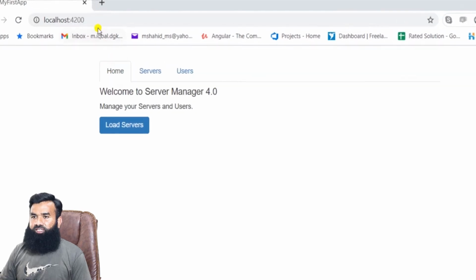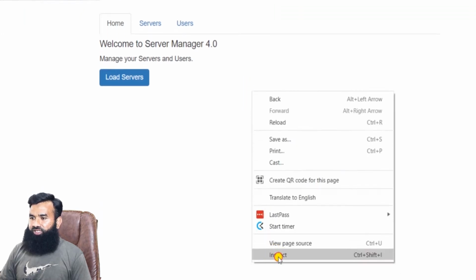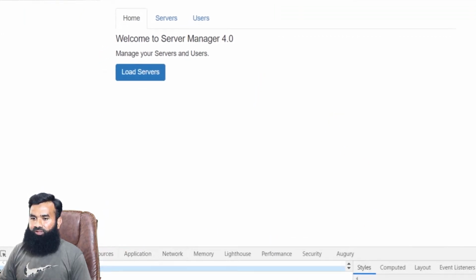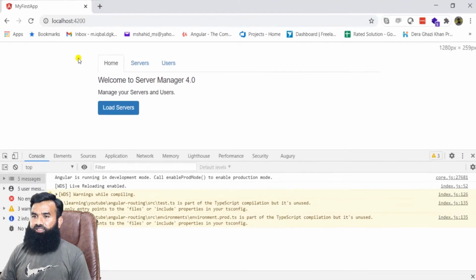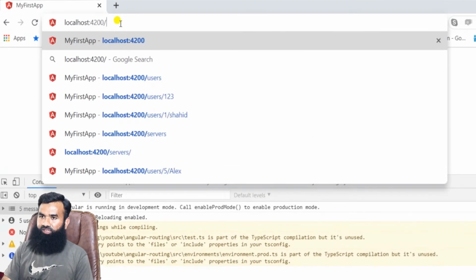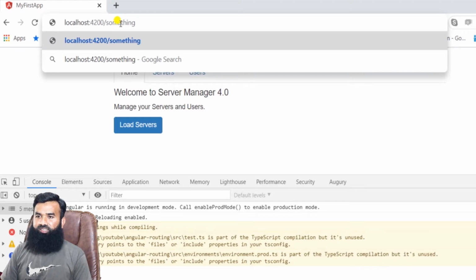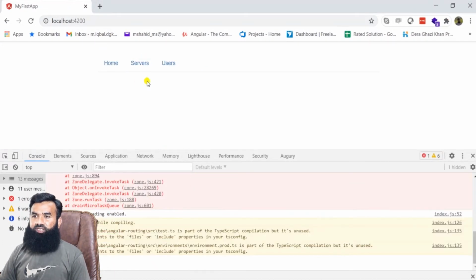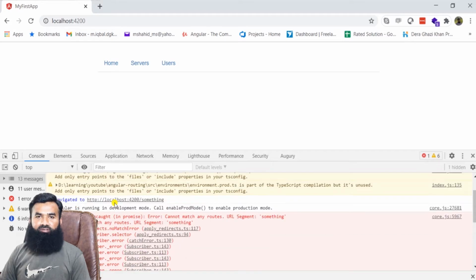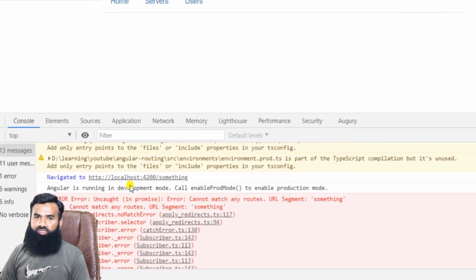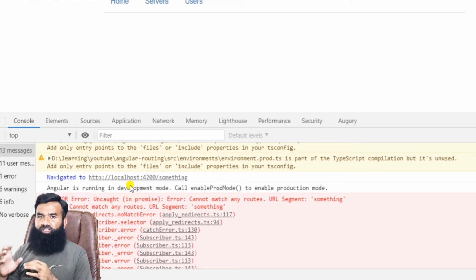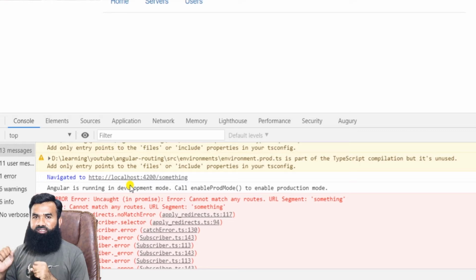Now if we see our application, that is working fine so far, and we have different components that are set up and working pretty fine. But do you ever wonder, if we click on something and in the URL we write something, that path does not exist? For example, I have written something and I have got the error in the console log. So this is the concept of how we can handle all these kinds of undefined URLs in our application, and these are basically called